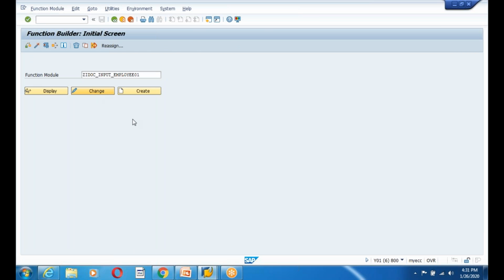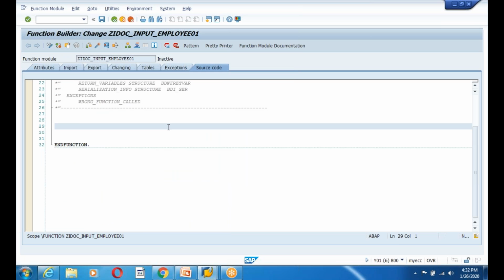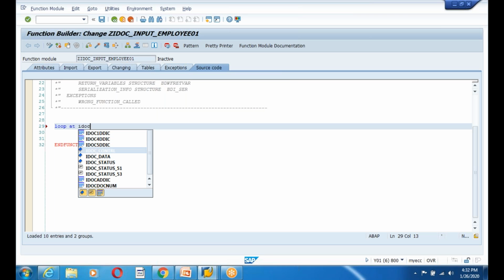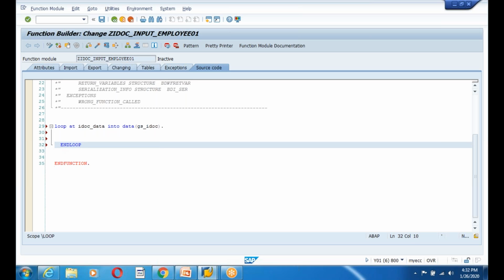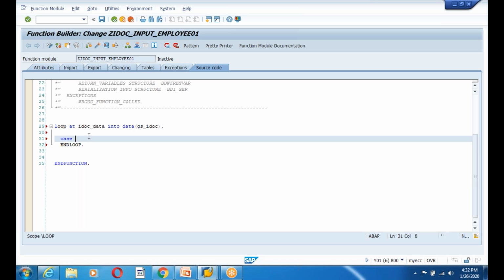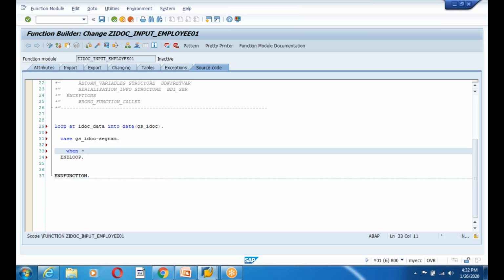C37 and change original language. Loop at IDoc_data into data gs_IDoc. Okay. And loop and case gs_IDoc-segname, when the segment name equals this,